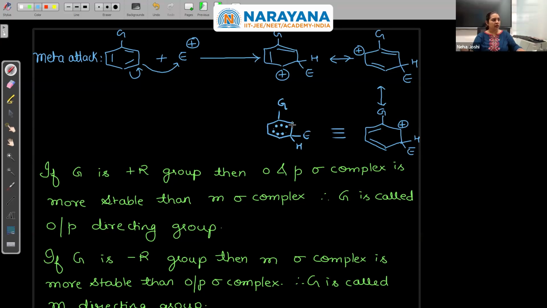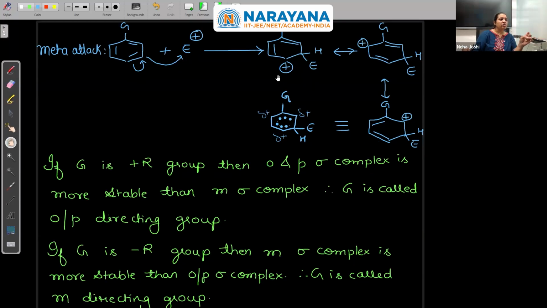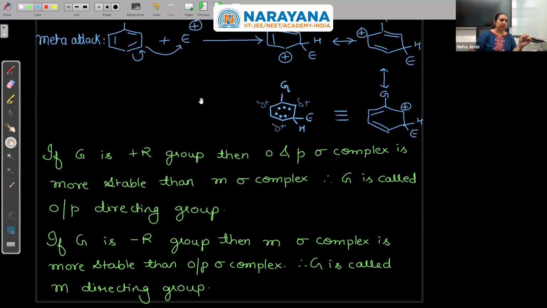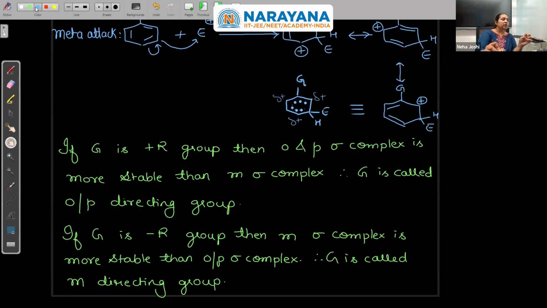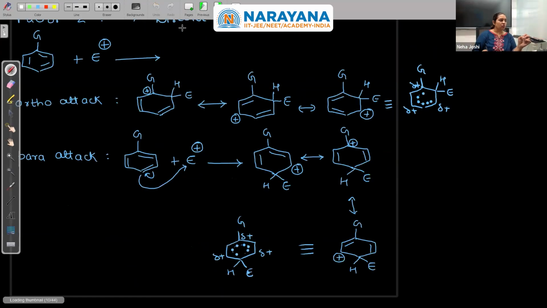So where will be my plus? My plus will be delta plus, and delta plus, this time G, say adjacent carbon pe there is no direct plus, right? Now see, if this G is electron releasing, let us take some example, right, for this statement. If G is electron releasing, so